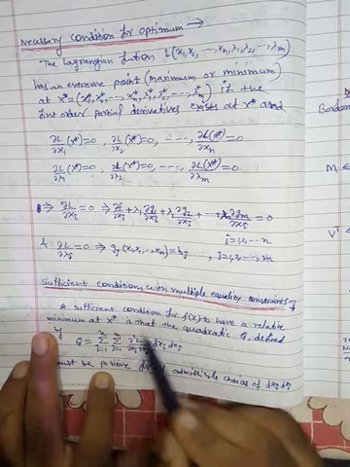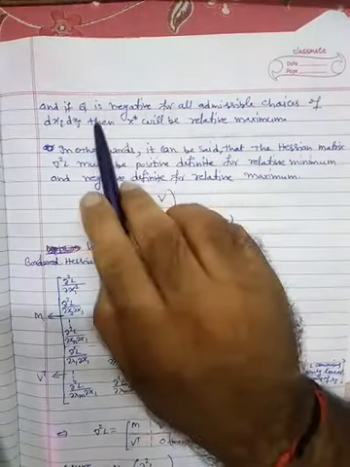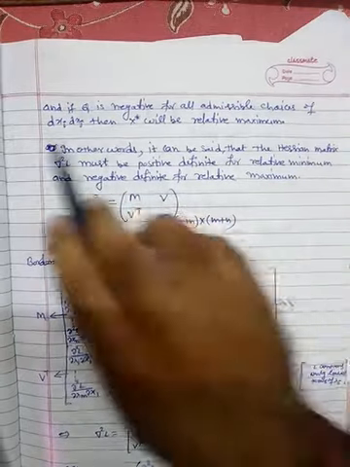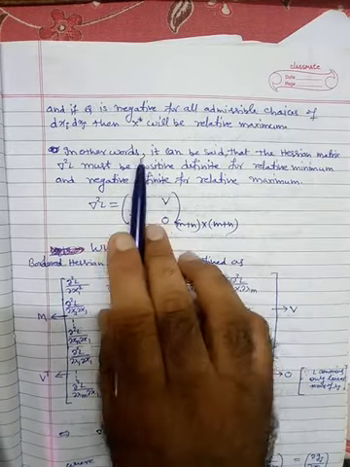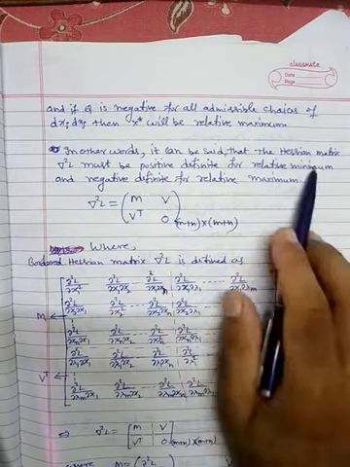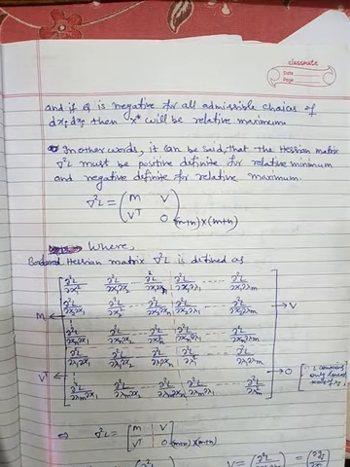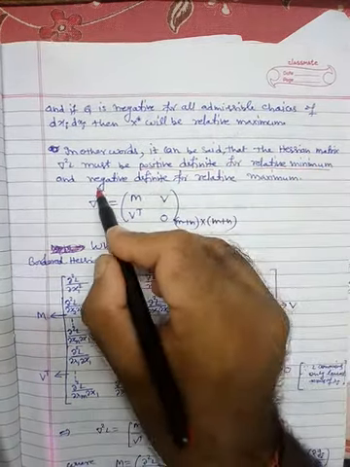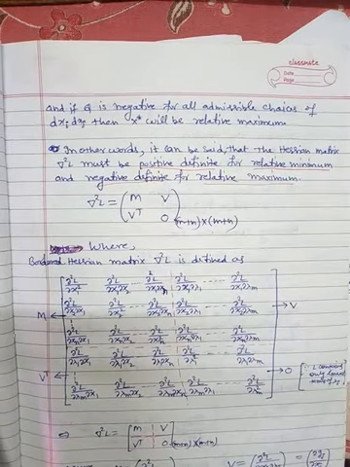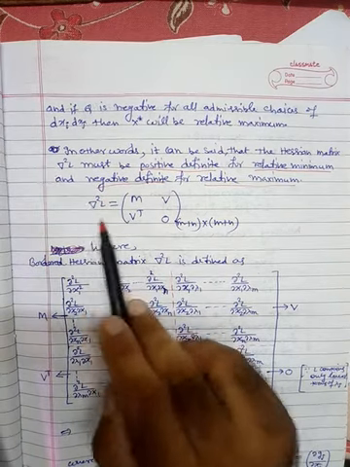And here we have this term. This is nothing but the Hessian matrix, if you remember. So this should be positive, and if Q is negative for all admissible choices of dxi dxj, then x star will be a relative maxima. In other words, the Hessian matrix del 2L must be positive definite for relative minima, and negative definite for relative maxima.